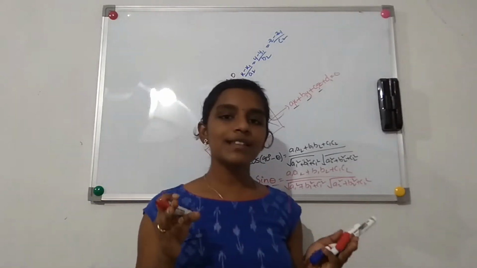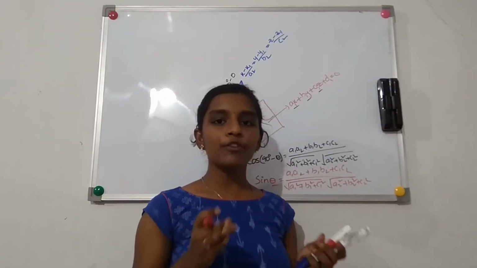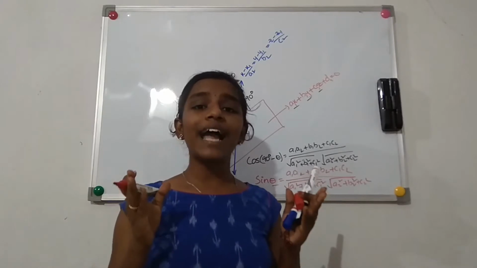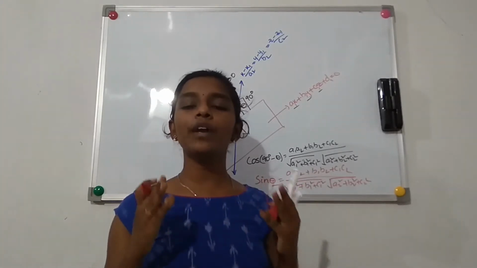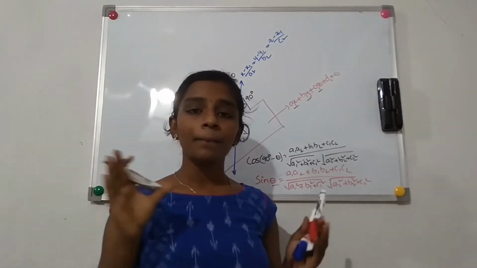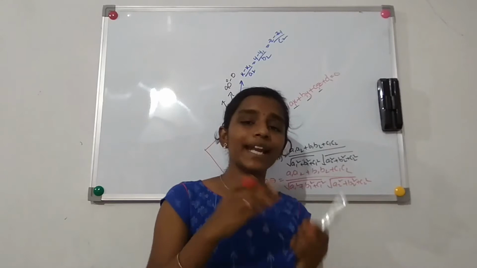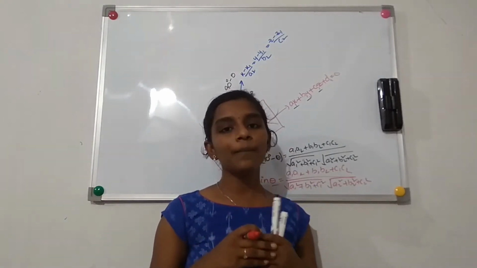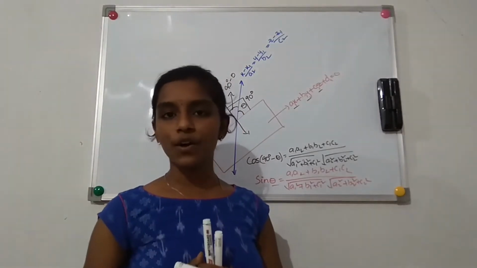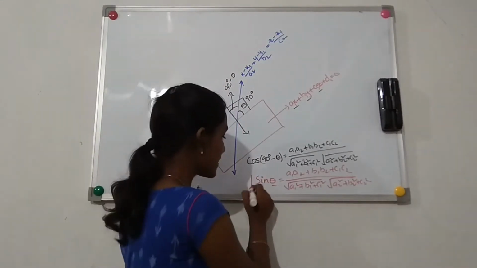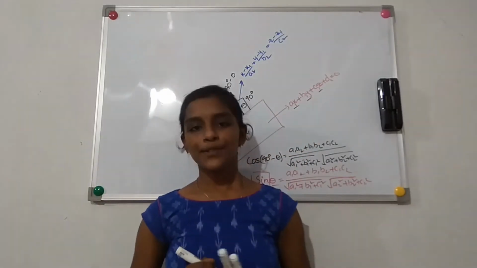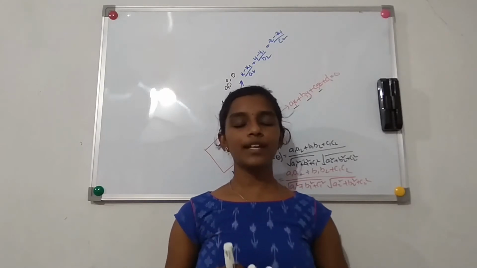The difference in the formula used for lines and for a plane and a line is this: to find the angle between two lines or two planes, you use the formula cos theta equals a1 a2 plus b1 b2 and so on. But to find the angle between a plane and a line, you use the formula sin theta equals a1 a2 plus b1 b2 and that whole formula. So the only difference is sin and cos. Understand? So it's clear? Now, that is the only concept that we left in 3D geometry.